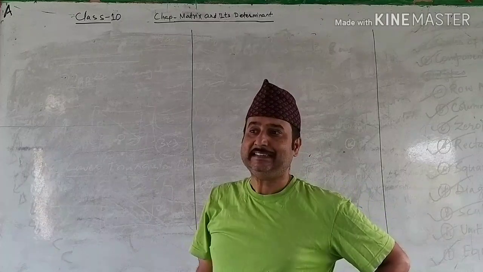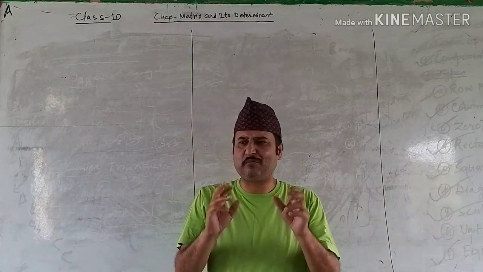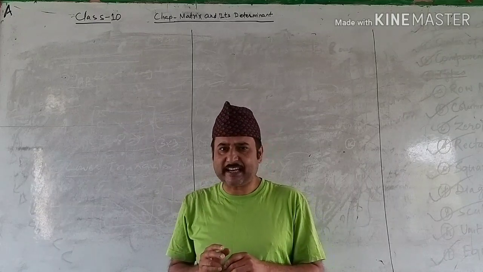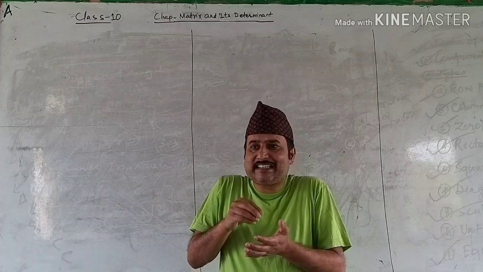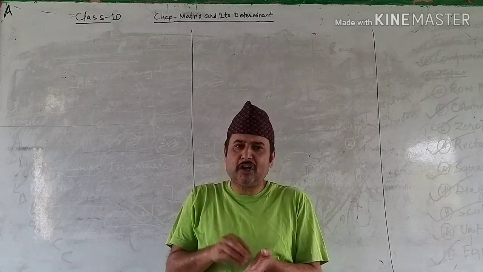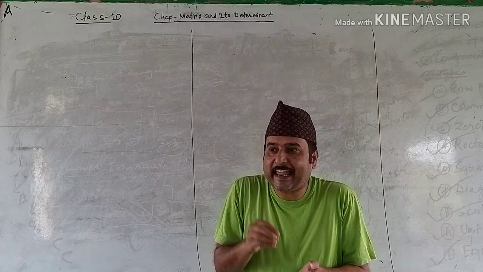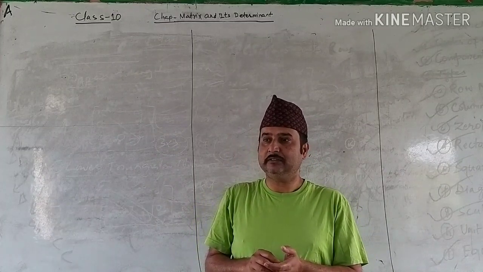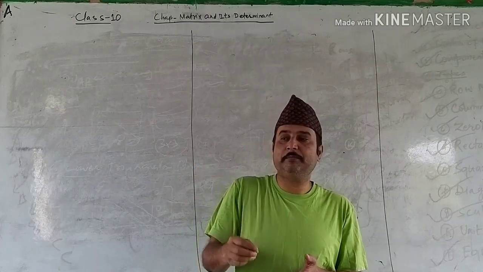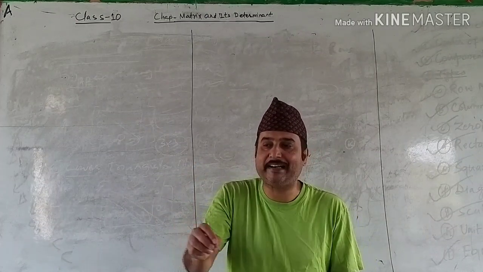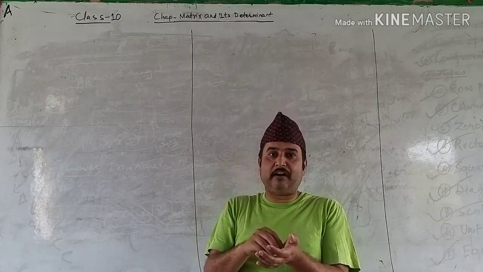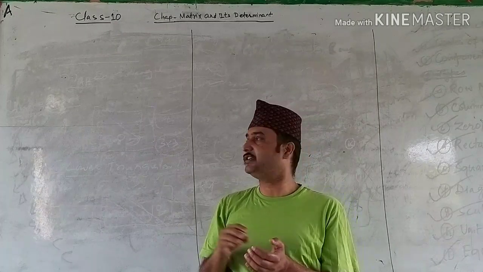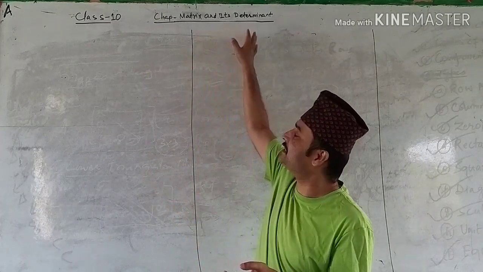We have learned in class 8 and class 9 how to check whether the given matrix is a singular matrix or a non-singular matrix. In that case, we found the determinant of the given matrix, and we gave the answer on the basis of the determinant. So these things I am going to discuss again today in the chapter of the matrix and its determinants.